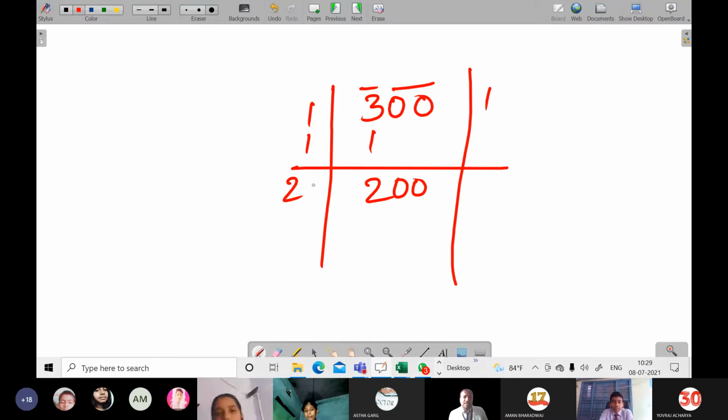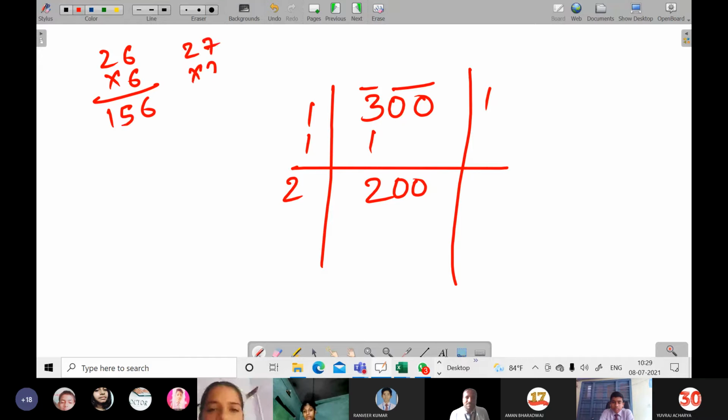We know with 2 5 when you will take, then it will become 25 into 20, 25 into 5. Sir, 27 7 just, sir. With 6 it will go. How much? Let me see. 26 into 6. It is coming 6 6 are 36. Carry 3. 156. When you will take 7, then it will become 7 7 are 49. Carry 4 and 189. That is a smaller. Then we will take 8. 8 8 are 64.